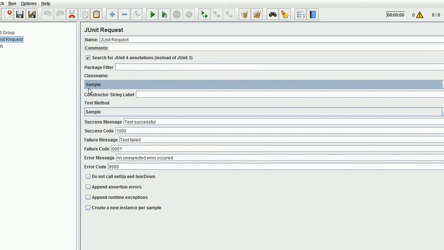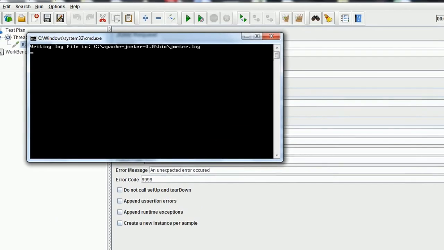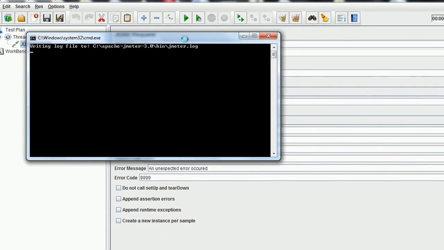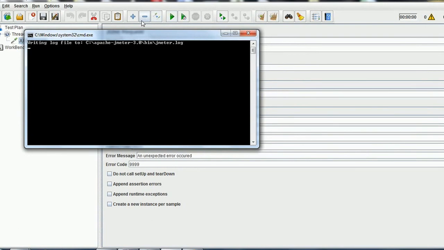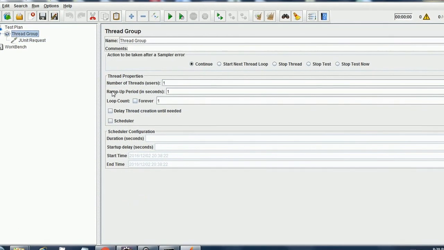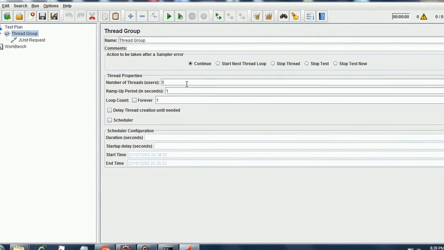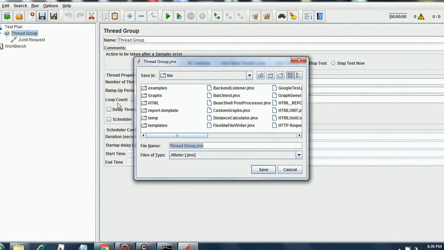Okay, now let's run our test, but before that let's have the console window open over here. Okay, so I am running the test now. Before that, just verify that we have the test set up for 5 threads. Okay, so I changed it to 5. I am saving it. Okay, I need to save it also. So let's keep this HTML unit.